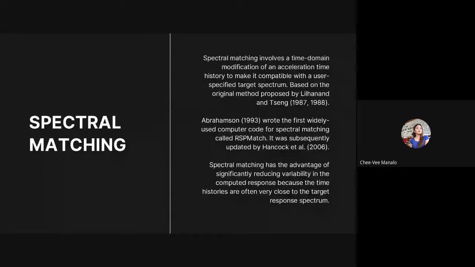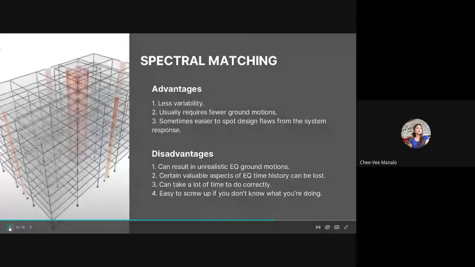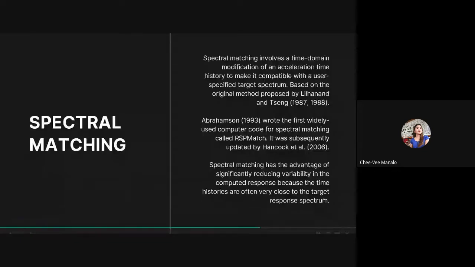Based on the original method proposed by Kiad Linhanat and Wen S. Cheng in 1987 to 1988, the summary of this method describes the development and application of a new method for generation of realistic synthetic earthquake time histories compatible with the multiple damping, minimizing perturbation on the characters. It also demonstrates that seismic responses of structures based on those obtained from analysis using an ensemble of time